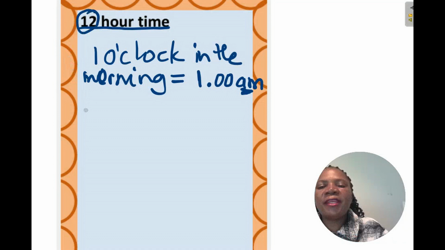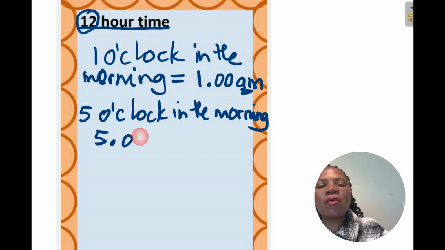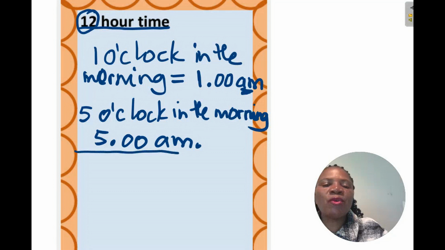Okay, then when we have 5 o'clock, 5 o'clock in the morning, again in the morning, we have to write 5 o'clock AM. Okay, 5 o'clock AM. We have to indicate that it is in the morning,